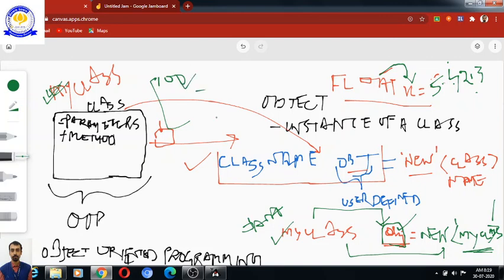Maybe out of 100, maybe 5 or 4 or 3, which are subclasses of my class. Those subclasses can be allowed here, including the class my class, but not other than that.